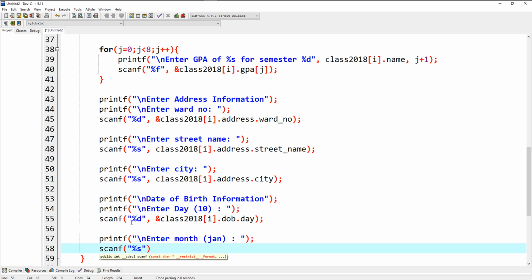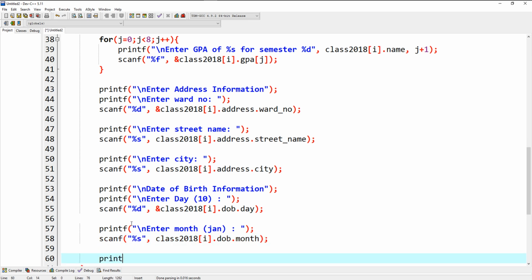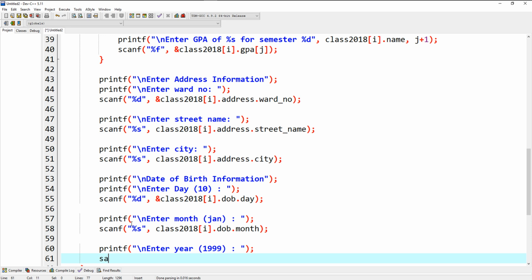Scanf %s class 2018 i dot dob dot month. Then printf, we call it year. %d,